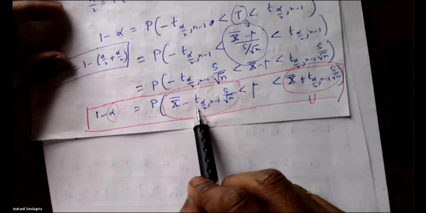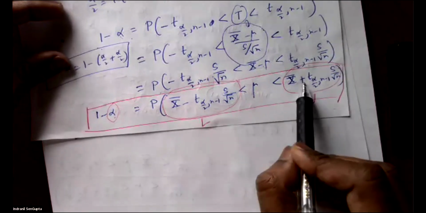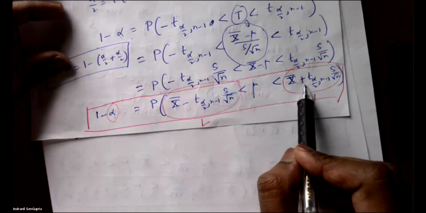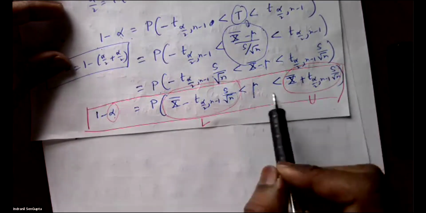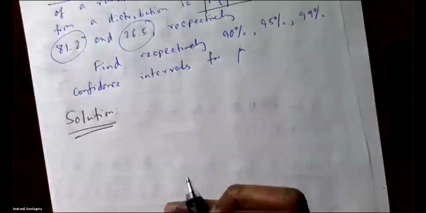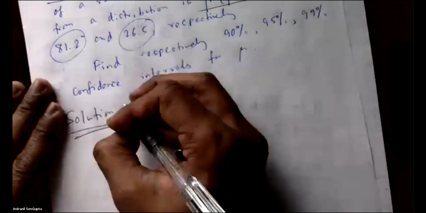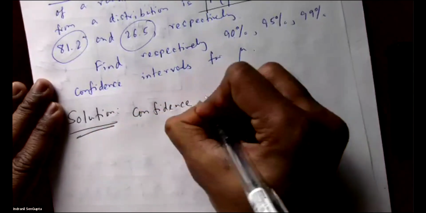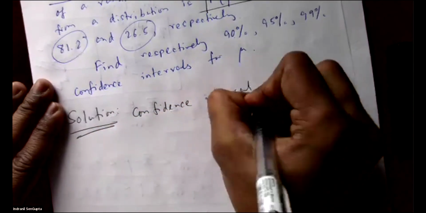The only difference between the left and the right side is minus and plus, so sometimes the confidence interval is written as x bar plus or minus this quantity. That's an easier way of writing. So the confidence interval is